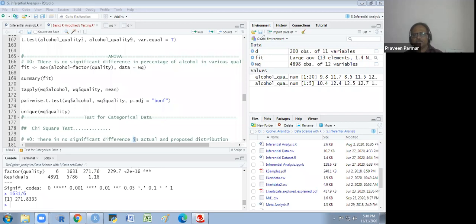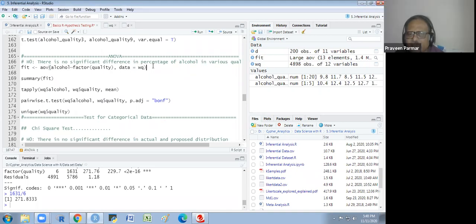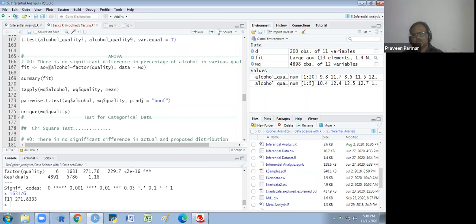Do you agree with this? Yes, sir, it is not giving us the clear picture. So we use the pairwise t-test. And here our work increases a little bit, because it's significant for some groups but not for other groups. It says cumulatively there is significant difference, if only one.